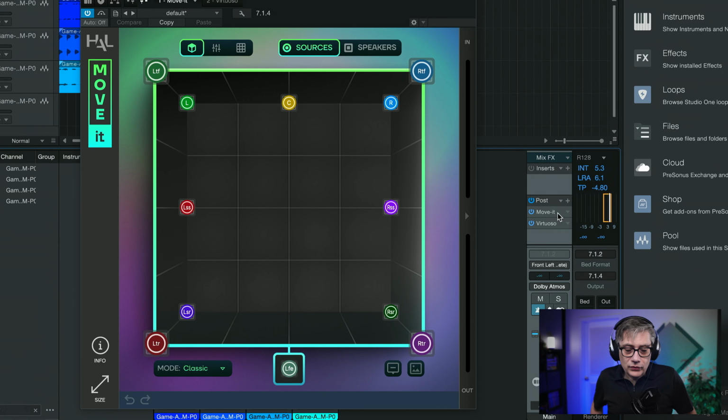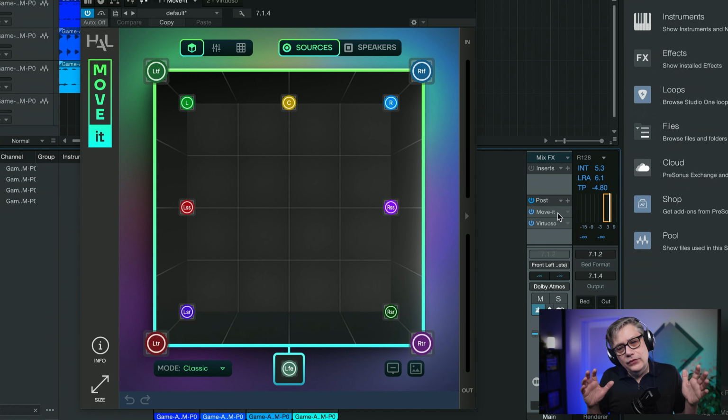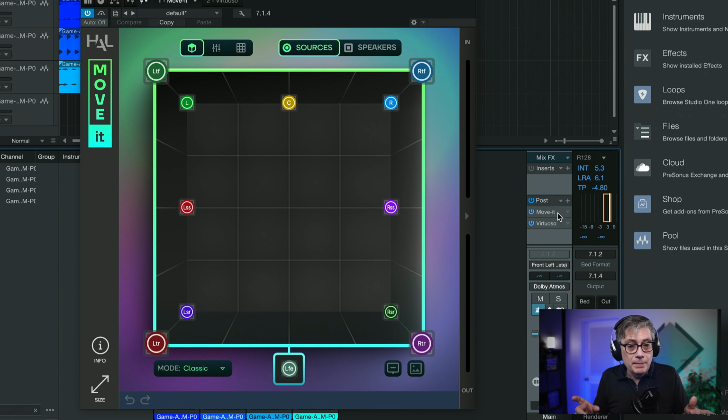Now this is the interface of Move It. It is actually relatively easy to understand. It really makes clear that the developer wanted to make this as accessible as possible. However, in doing so, and I'm going to come back to that a little bit later, there is a bit of an issue because you need to use certain keyboard shortcuts in order to access most of the functionality of the panning window. So this will become a little bit of an issue. But otherwise, this is actually very well designed.